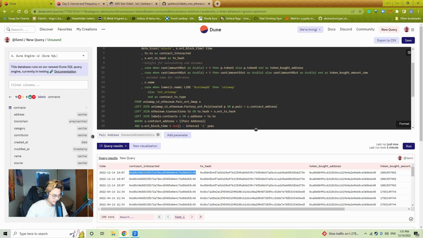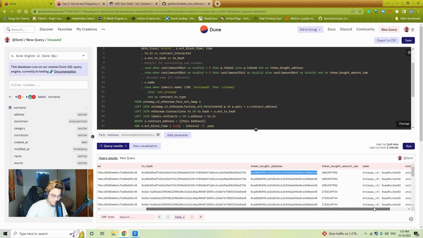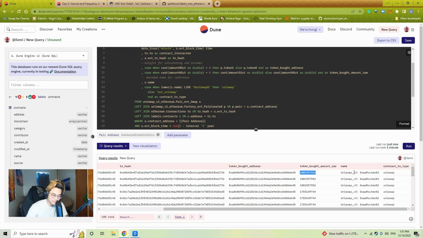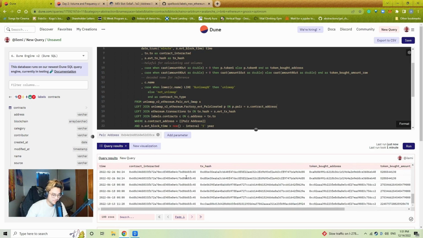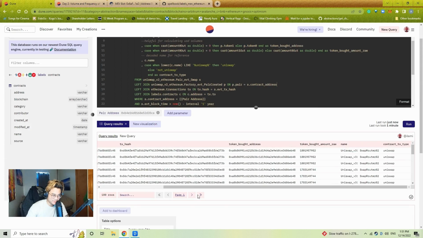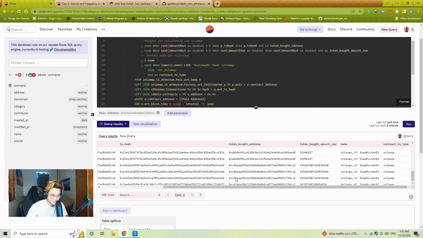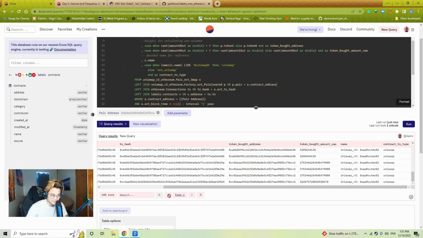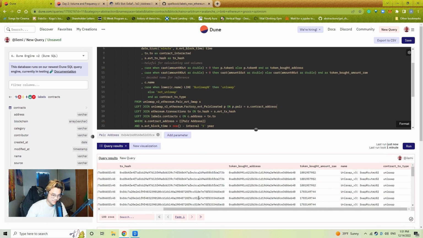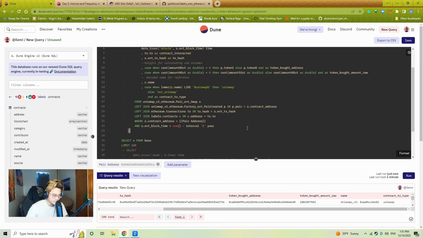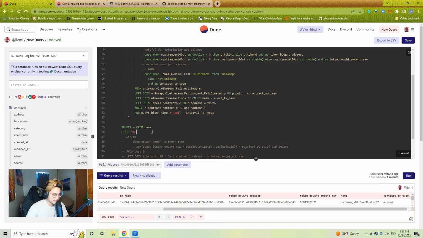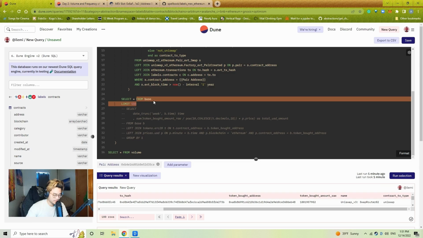Cool, so I can see that this was the contract called, this was the transaction hash, which token was bought, the raw amount, and also the name of the contract. So a lot of these are just going to be the router was called, and that's totally fine. We just wanted to check. I doubt any of these are not Uniswap, just for now, because again, most of the trades are just going to come from people calling the router. So we have this, so let's just join on the